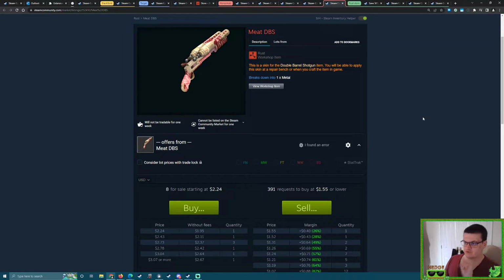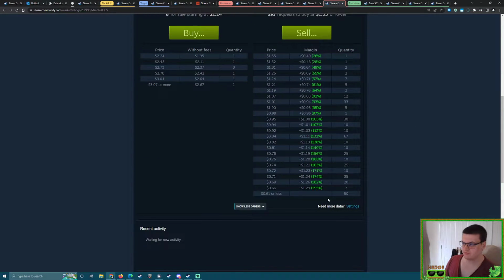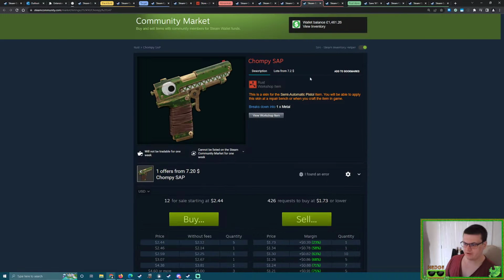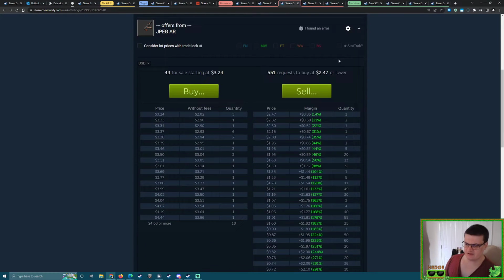And then we got the double barrel shotgun. Unfortunately, same situation. The buy order build up only goes up to about $1. It could very easily go down, down, down. Double barrel shotguns have not been performing very well recently. I don't see a bright future for that. So yeah, 391 requests to buy, 426 requests to buy. It's okay, but it's like